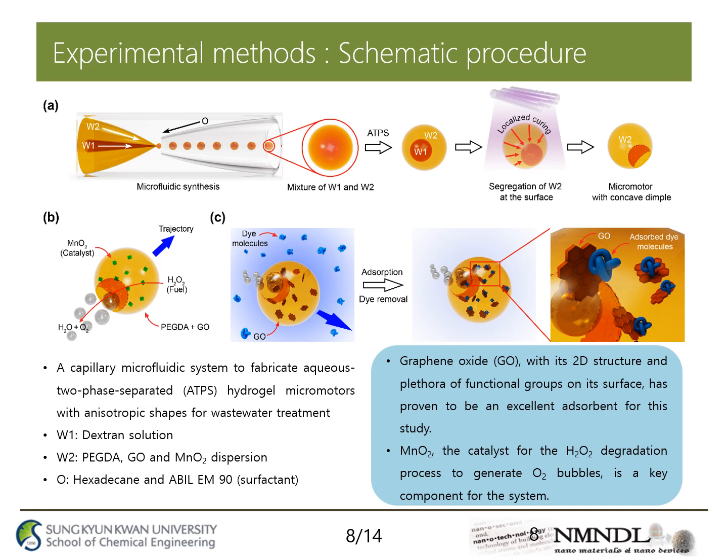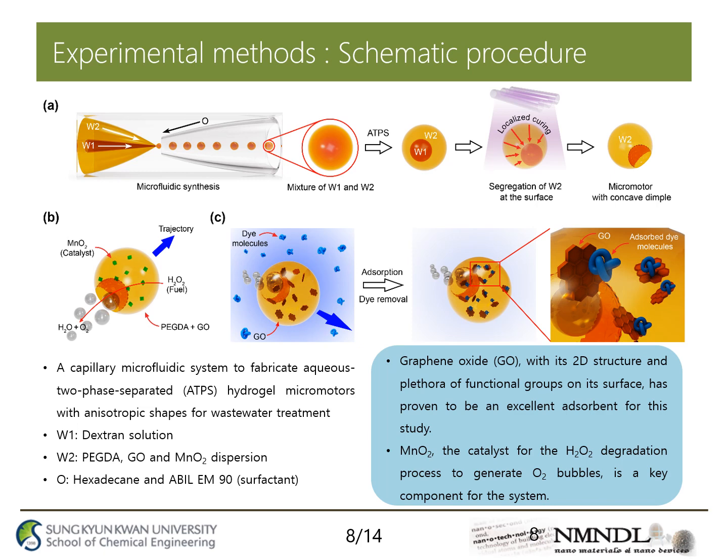After the droplets were fabricated, the W1 and W2 phases will mix together since they are both aqueous, and after a while they will be separated due to the difference between their molecular weights, and then they'll be cured under UV light. Due to uneven curing across the W2 shell of the micromotor, it pushes the W1 core to the side, thus the name localized curing, and it will create a micromotor with a concave dimple after finishing